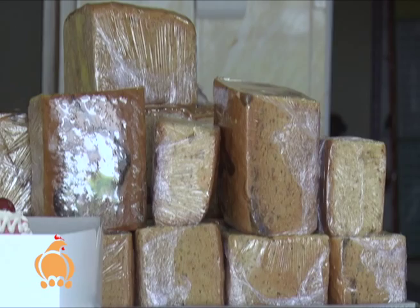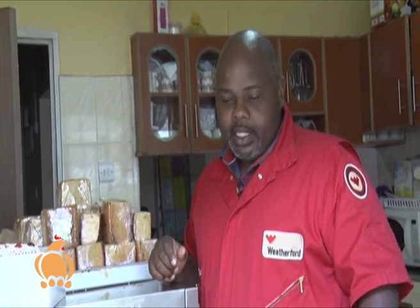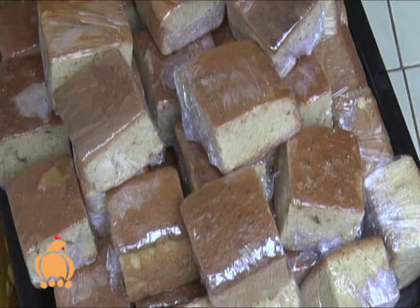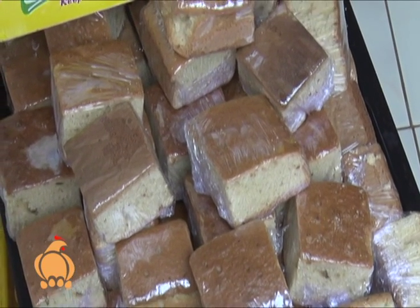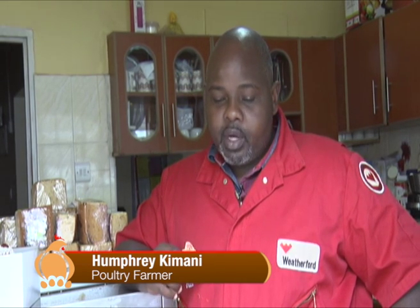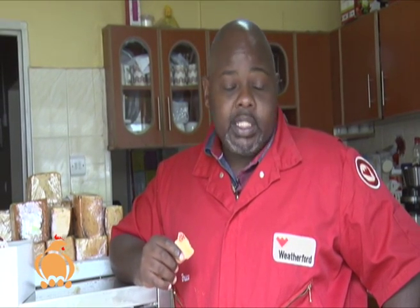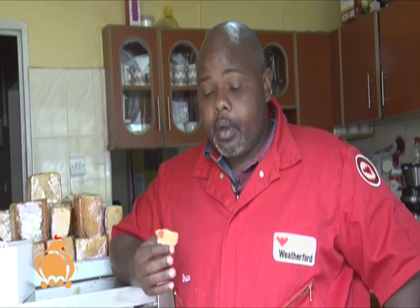Yeah, we just do it at the kitchen, but hoping that we'll expand very soon, at least get somewhere we can do this on a 24-hour basis. Actually, what we are doing is that the market is not bad, because we're actually going to the market itself and meeting the normal mwananchi. And the best thing is that if you have quality, it won't be a problem for you to sell. So quality is what determines if you're selling,